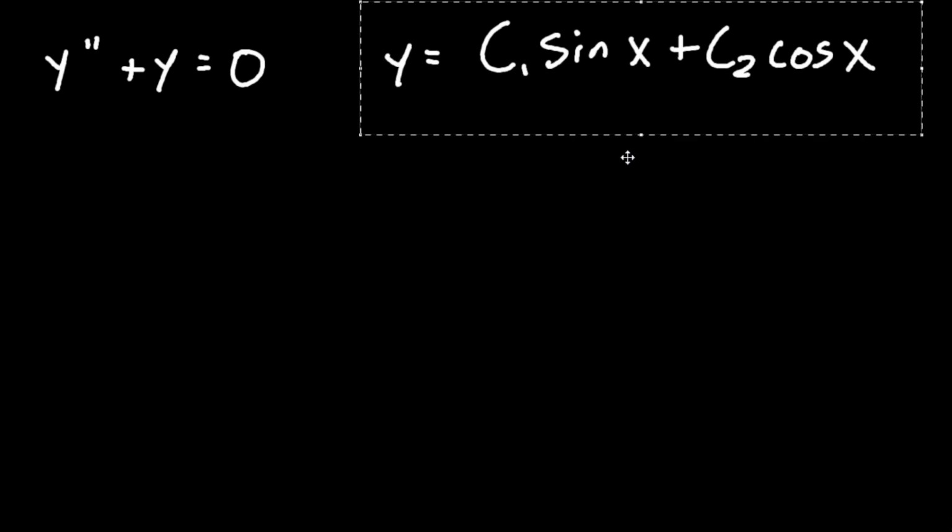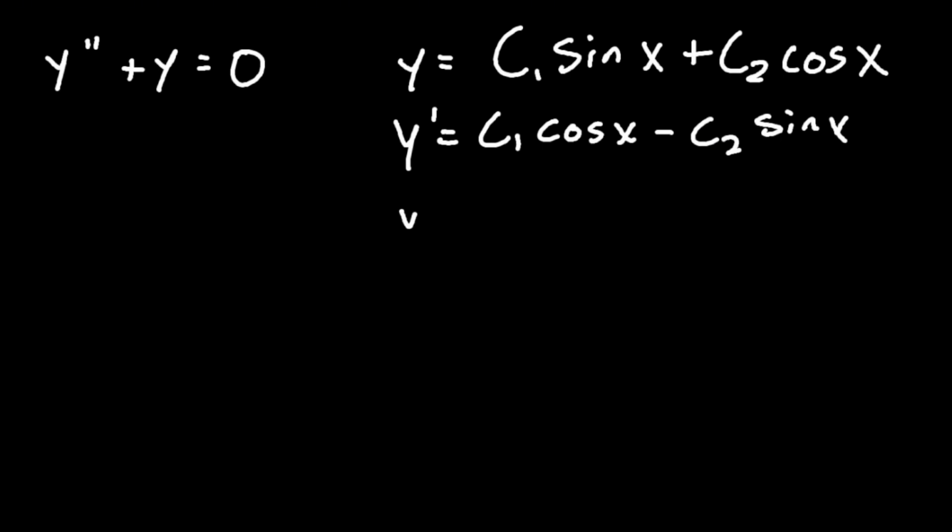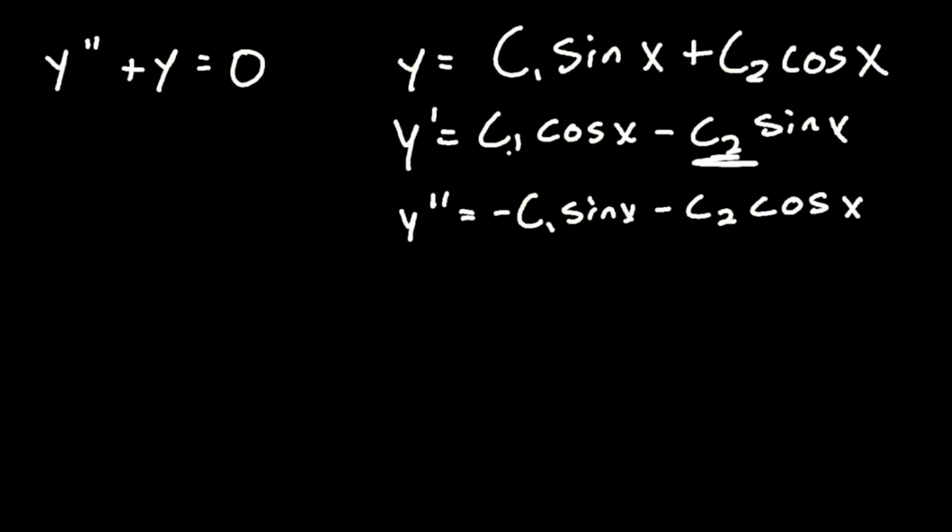So y is equal to this. And we have a y double prime. So we have to solve for y double prime, which is the double derivative. So c1 times the derivative of sine, that's cosine. And c2 times the derivative of cosine, well, that's actually negative sine. So we should put the negative in front. All right. So we need to find the second derivative because that's what the differential equation asks for. So we have y double prime. The derivative of cosine is negative sine, so we should have a negative in front. Sine of x minus c2. The derivative of sine is cosine, and we just simply ignore the arbitrary constants because they